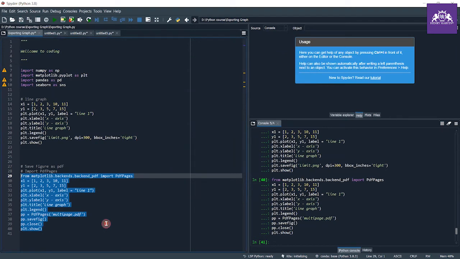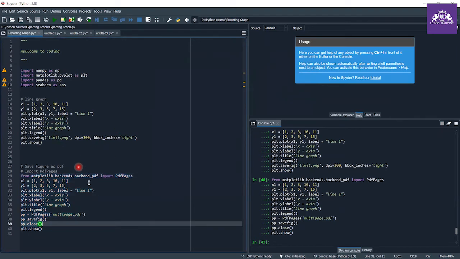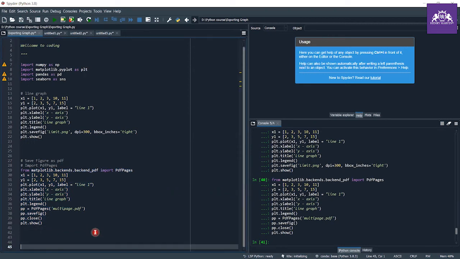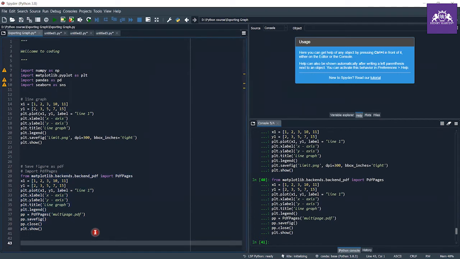And the last method, which is the worst method, you can say the jugaad method, where you can save your figure.